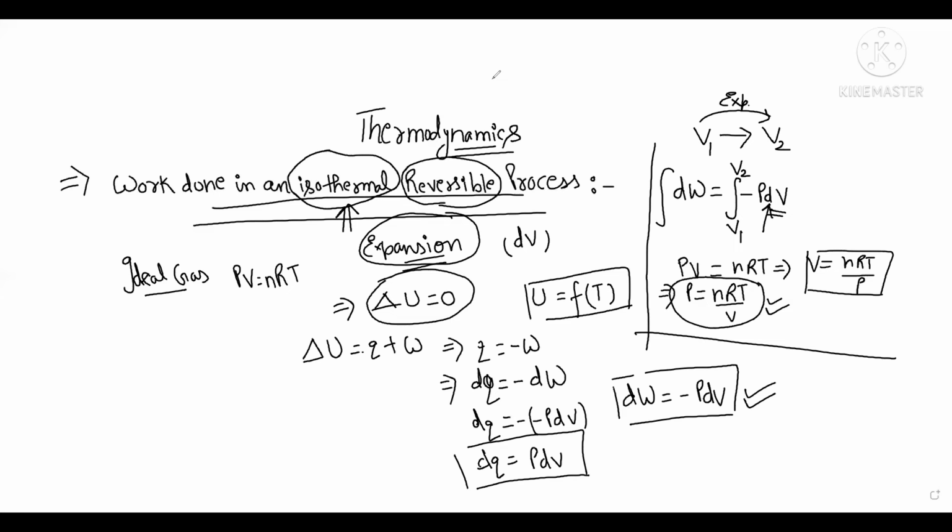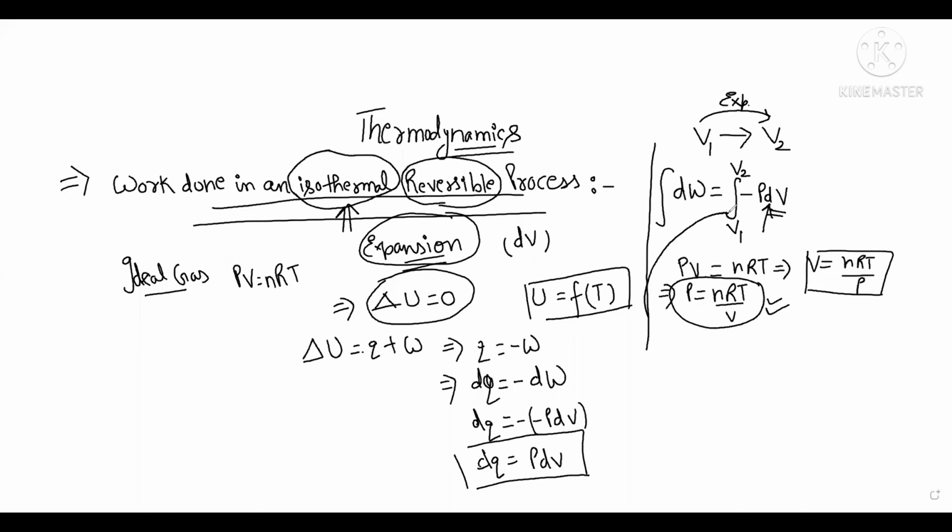If we take this value and substitute it in the formula, this was from V1 to V2, and we substitute the value of pressure, that is nRT